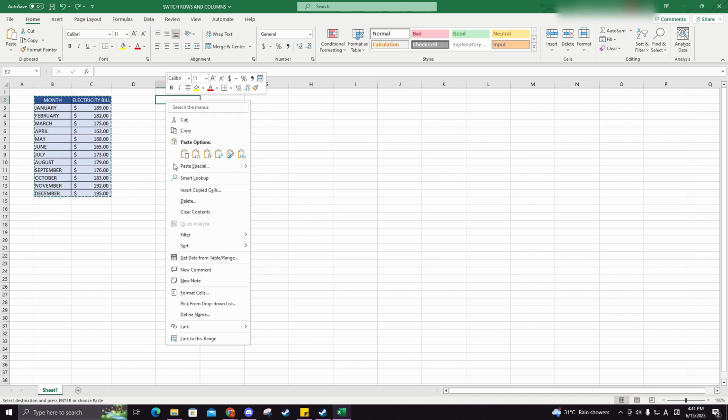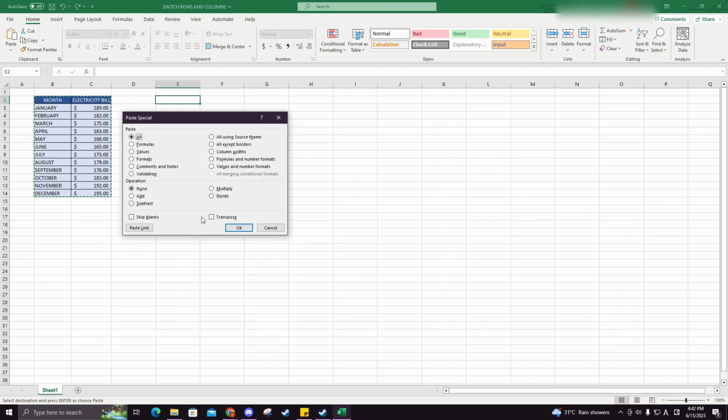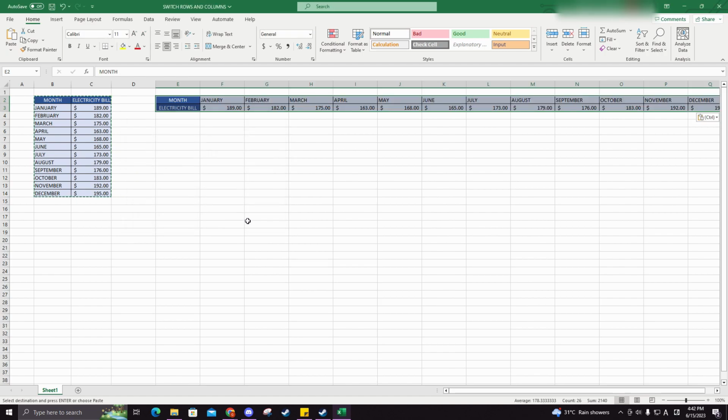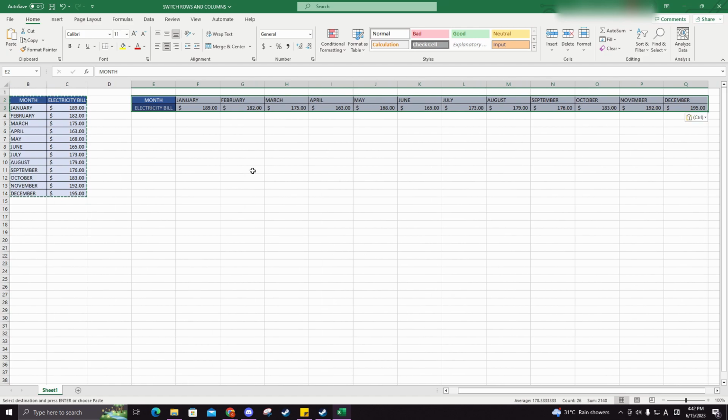Once we do that, just right-click, go to Paste Special, and click on Transpose. Once we do so, just click on OK. And there we have it. We can observe that the month column became the first row in our new table, and the electricity bill became